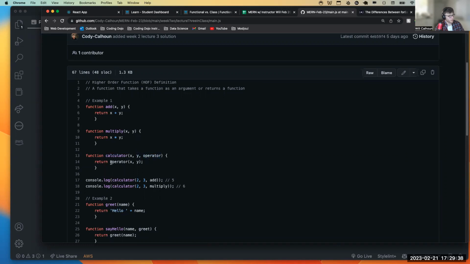Here you can see that it returns operator of X, Y. So I can add in this add or multiply function, and it will do that function right here. So if I say add 2 and 3, this is going to take in 2, 3. This is the add function, and then it will run this function with those parameters in there, and it will return to me 5. This is called a higher order function because we're taking in this function here called operator,